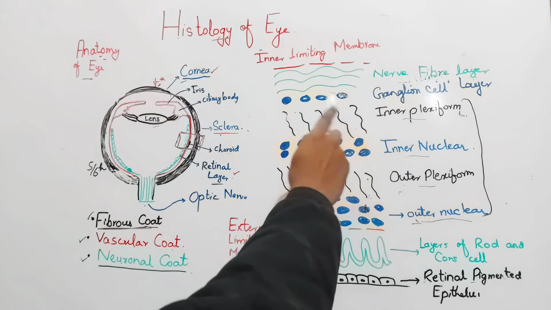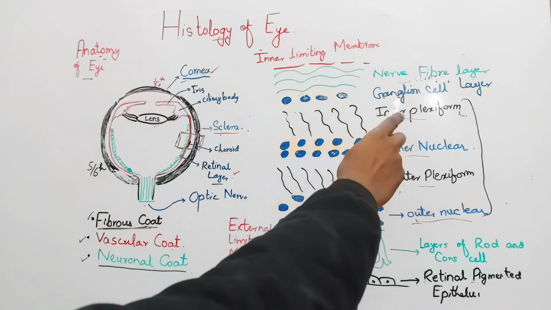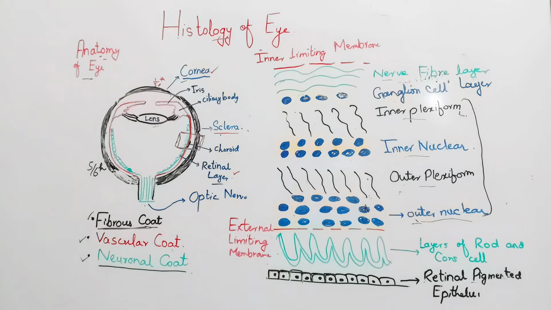The ganglion cell layer consists of ganglion cells. Then the next layer is the nerve fiber layer, which is most important. Then last but not least is the inner limiting membrane. On the red color basis, these are the external limiting membrane and the internal limiting membrane. These make up the 10 layers of the retina.